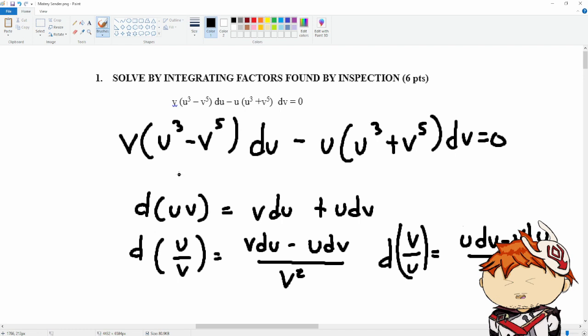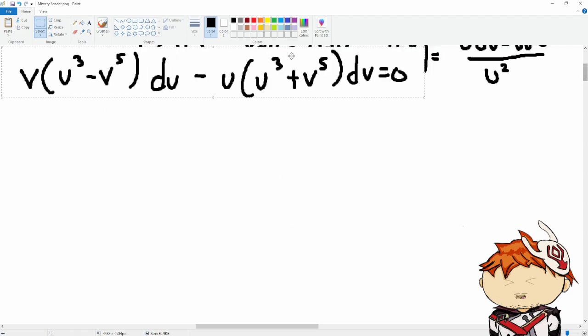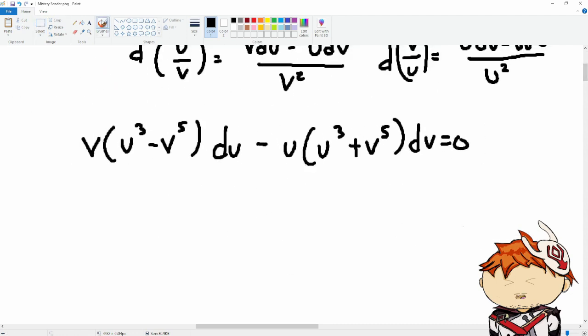That's what we're trying to find, and we call those the common exact differentials. That's basically the simplest form of exact differential. If we have simple equations that we can do by inspection, we can determine those types. Now that we have this equation,